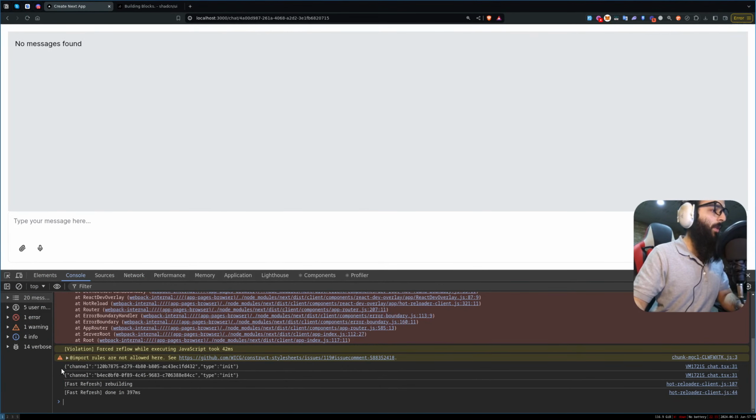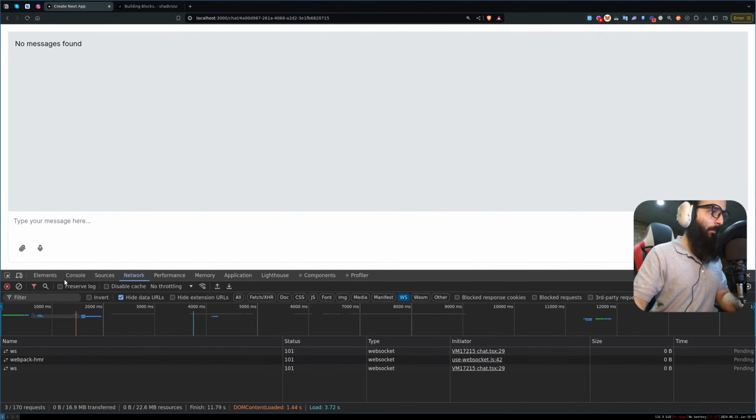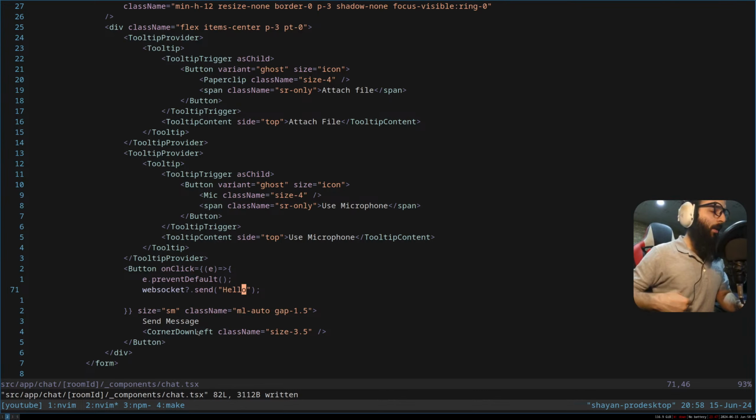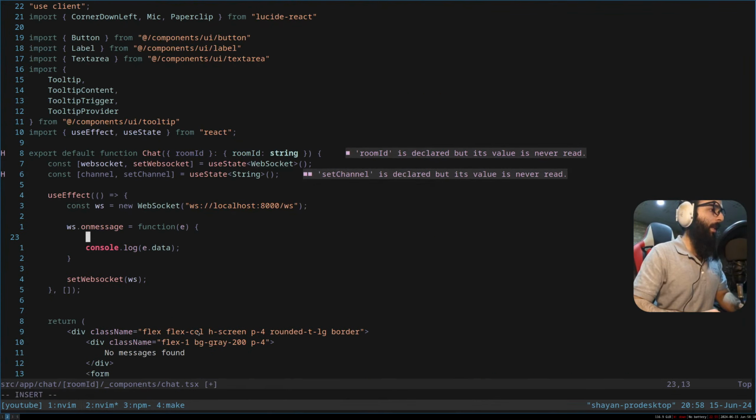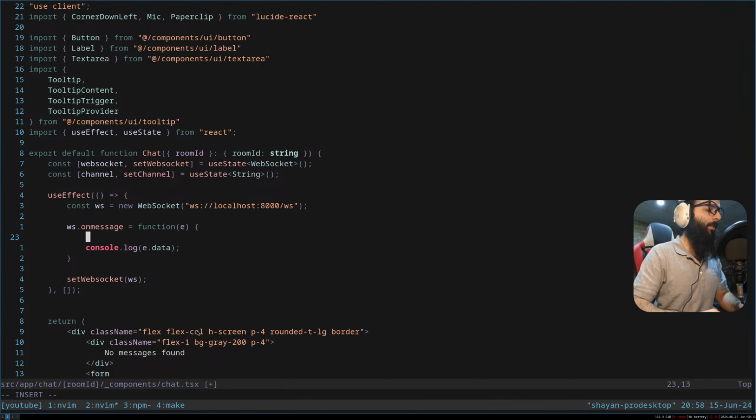Okay, now you can see that we are getting the message that the channel is this and the type is init. For some reason, the mounted function runs twice in development mode. When you go into production, this will be fixed. Okay, now let's check. Let's JSON parse the data first,